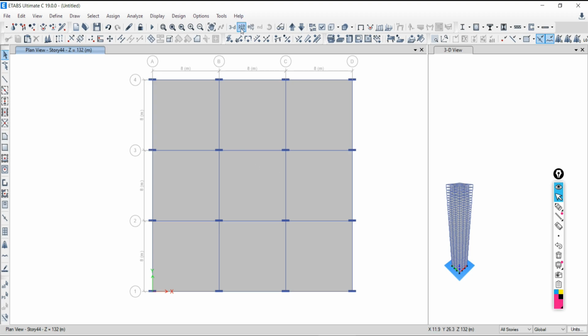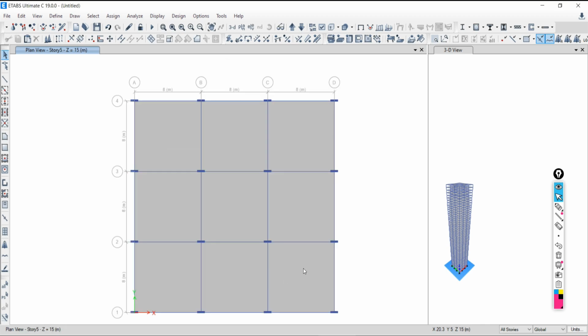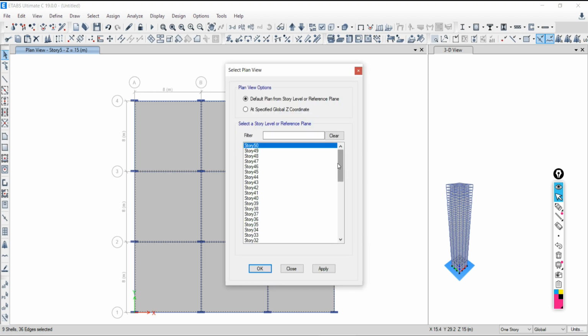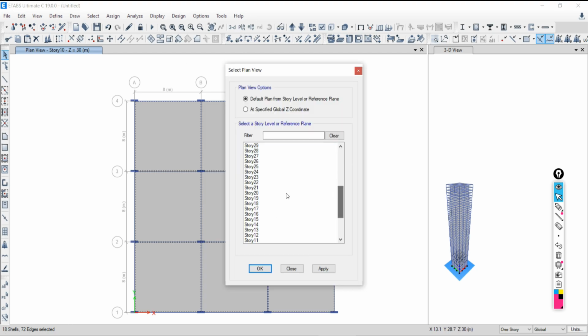Suppose I am going to do it manually, the long way. Go to plan, go to the fifth one, say apply. I am selecting this, this, this. Okay, all stories there, that's a mistake. Say one story. This one, this one, this one. So at the 5th level I have done it. Go to plan, go to the 10th one, say apply. This slab, this slab, this slab. So 9, then 18. Then go to plan 10 to 15.